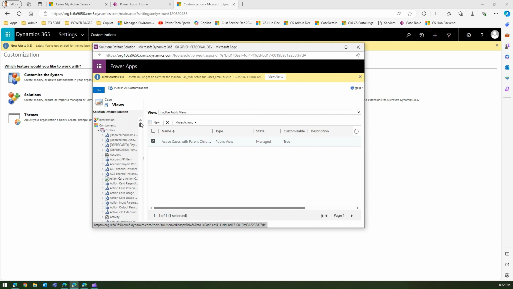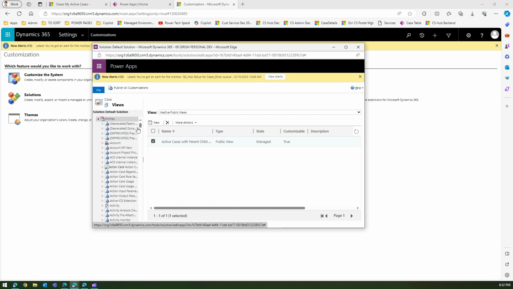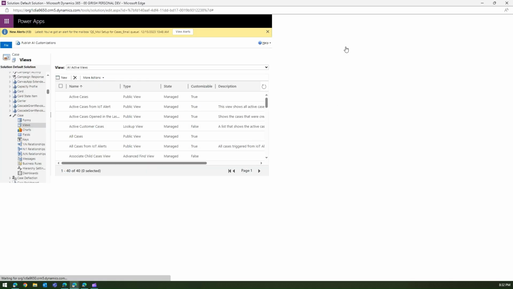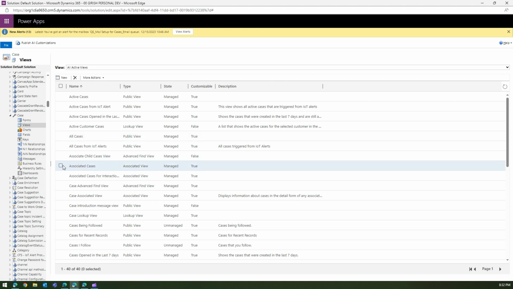interface. From here, if I select entities and go into the correct entity, my entity is case. Let me search for case. From here, I go to case, then views. Now here I'll be able to see all the listed views. These are the same views which I can see from the interface. If I want to hide some of the views, let me select this one, cases